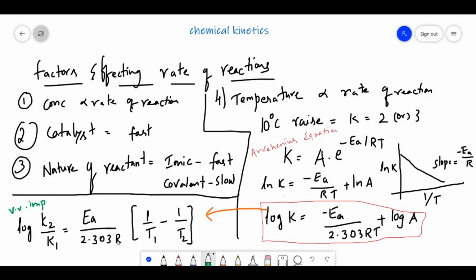And remember here, the R value you have to take as 8.314 joules. Mostly activation energy will be asked in joules only, so remember this R value. Or mostly it will be mentioned in the question itself. And this problem is mostly asked in JEE Mains, so it is very, very important for JEE Mains.